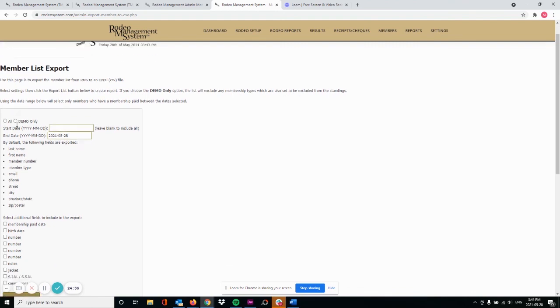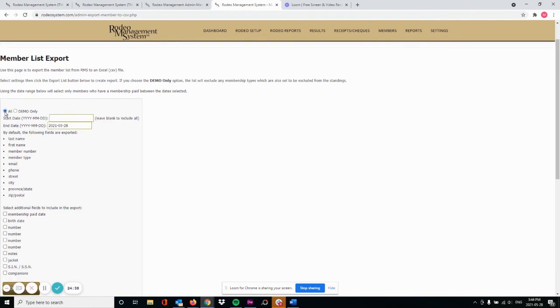So some of the settings here are you can choose to export everybody, or you can choose to only export those members that are not marked as exclude membership types, which we were looking at just a little earlier in the chapter. You can set a start date and an end date, and this is based on the membership paid date. So if you want to export a list of everybody,